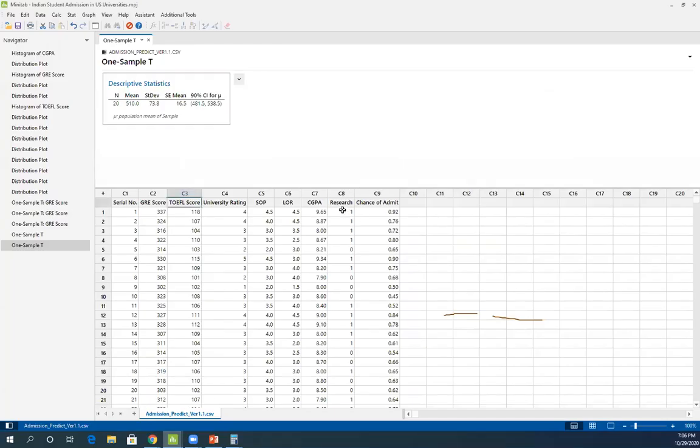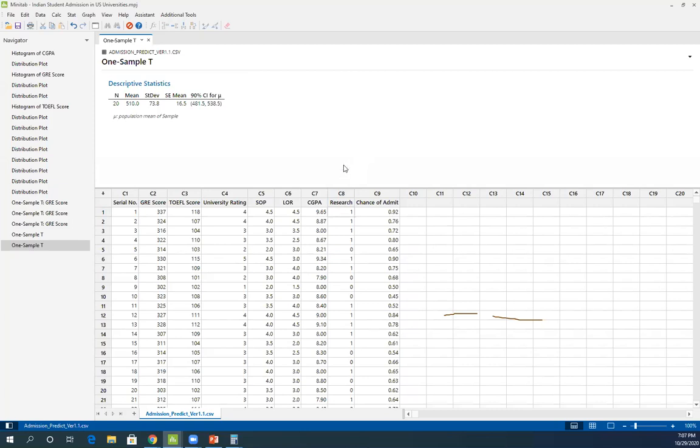Here this is not continuous. This is research university and non-research university. So our university, Eastern, is not a research university, it is a teaching university. So teaching is 0, 1 is for research university. So this is all students' information. Now I would like to see, based on these 500 students, what is the true proportion of research university